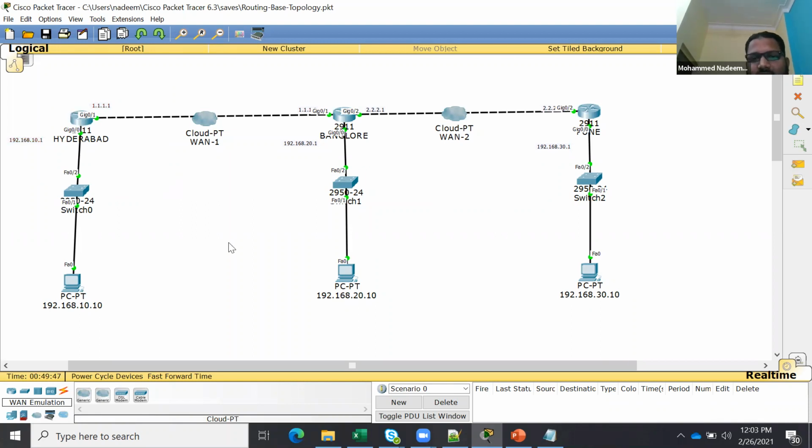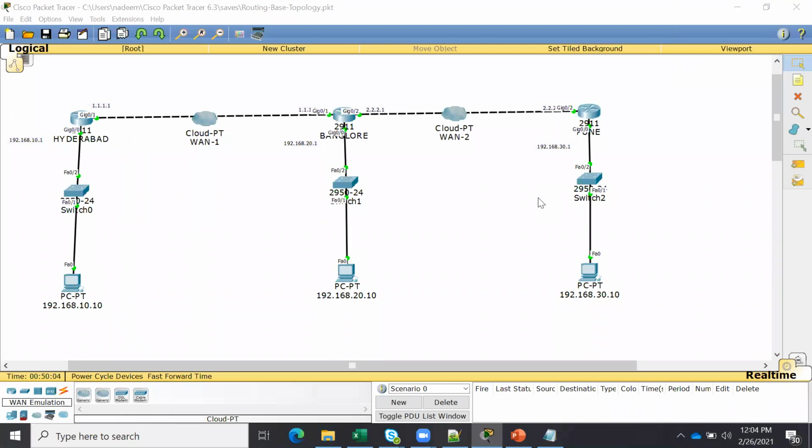Now, can anyone tell me in this topology how many networks there are in total? Come on, first. How many networks here? Come on, answer. Yes, sir. We have three networks, sir. Wrong. Who is next? How many networks in this topology? Come on. In this topology, how many networks are you seeing? Guys, are you sleeping or what? Riaz, how many networks here?